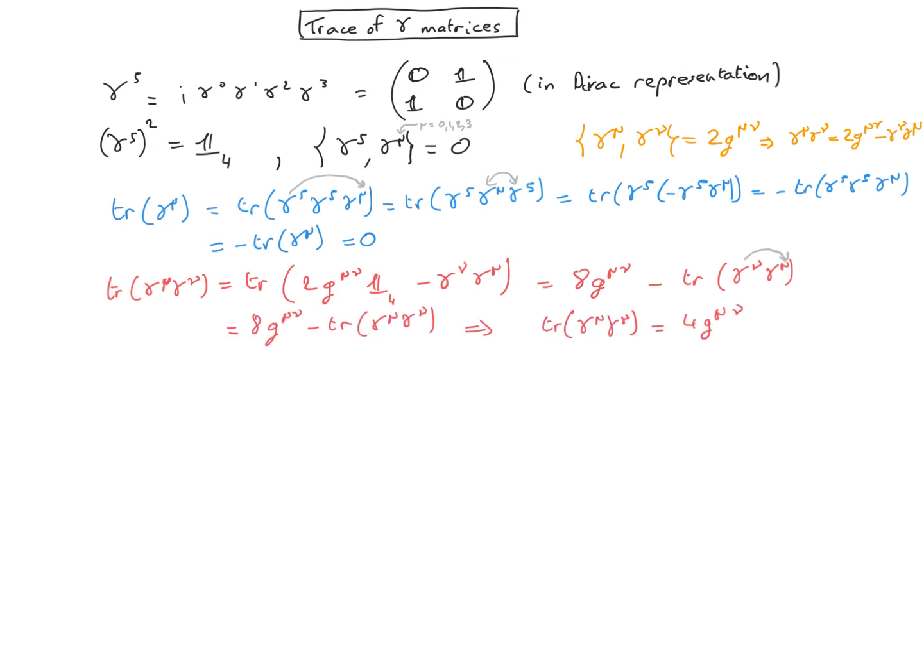We can show in a similar way that the trace of 3 gamma matrices, or more generally the trace of an odd number of gamma matrices, is always 0. And the trace of 4 gamma matrices